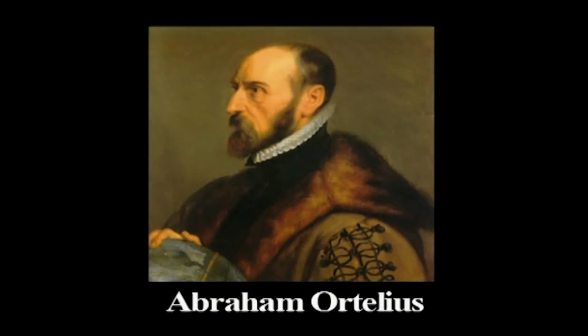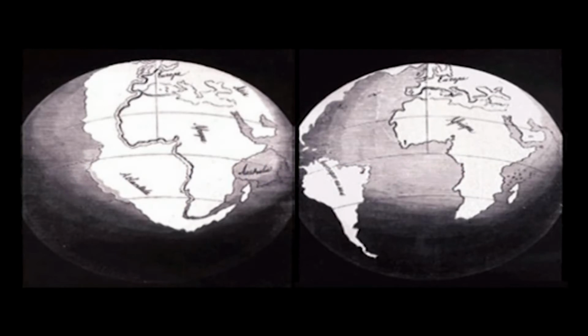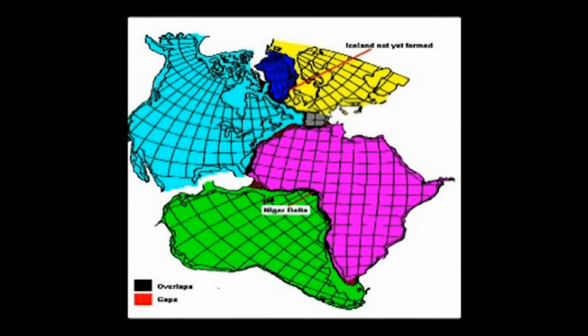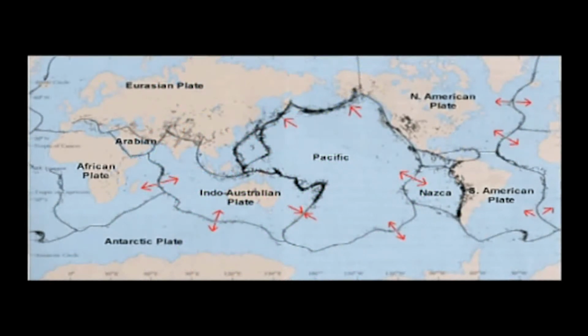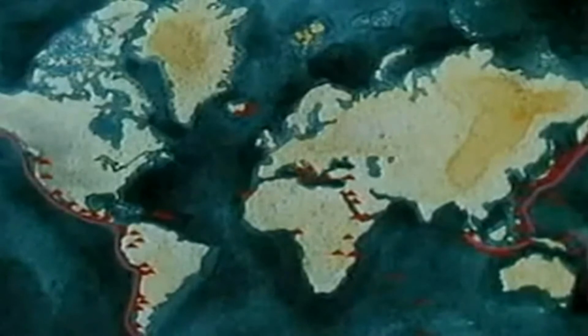In 1596, Abraham Ortelius put forward the hypothesis of continental drift. In 1858, Antonio Snider-Pellegrini illustrated the closed and opened Atlantic Ocean with a diagram. This is the diagram which has been proposed by him. One can see in this illustration that many of the continents are united together with their boundaries similar to each other. These observations forced the ancient scholars to work on the distribution of continents. This led to the birth of continental drift theories initially.